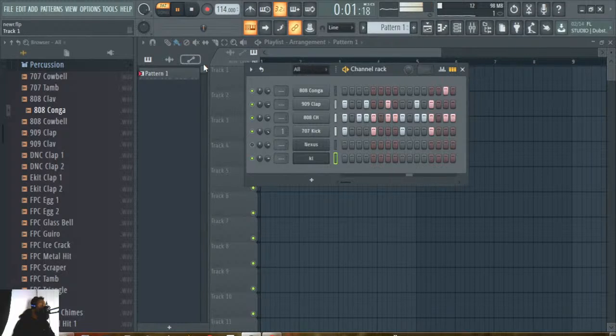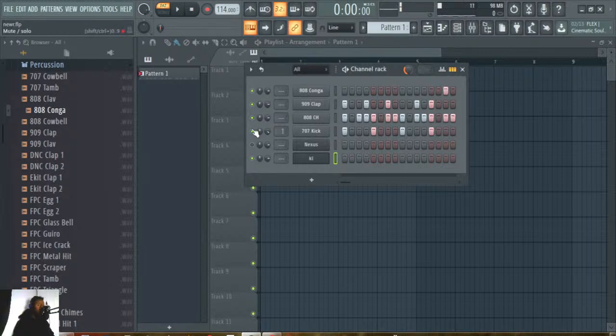So another secret that most people don't understand about this is that you can actually swing this. If you come to the side, you can swing this loop. So it's giving it that more kind of feel. So you see, this is so cool. So you have it. Now, you have created this